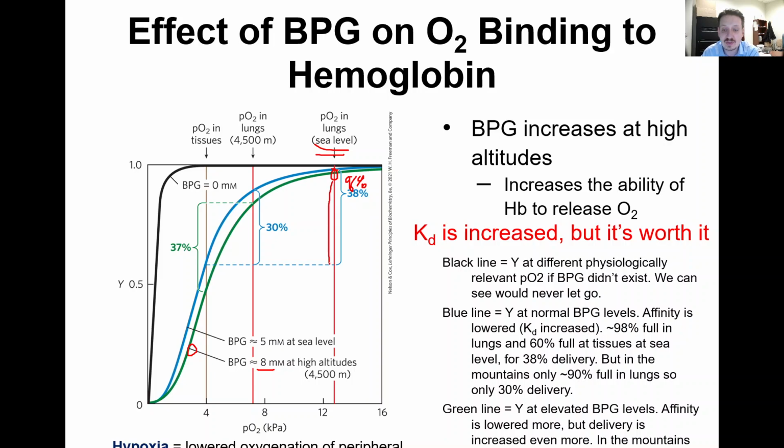And then when it goes down to the tissues, this is at sea level still, the concentration of oxygen is thus that it goes down to 60%, and so now it only delivers 36% oxygen, but that's still pretty close to the 38% oxygen. So even though we've got a higher concentration of,